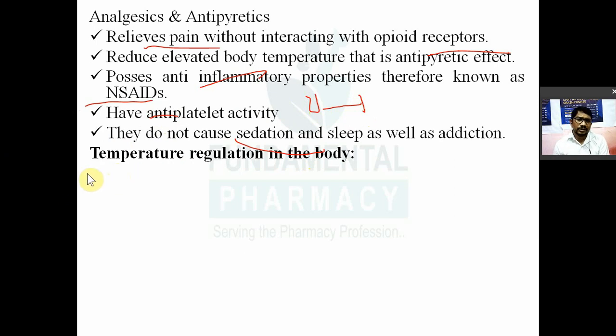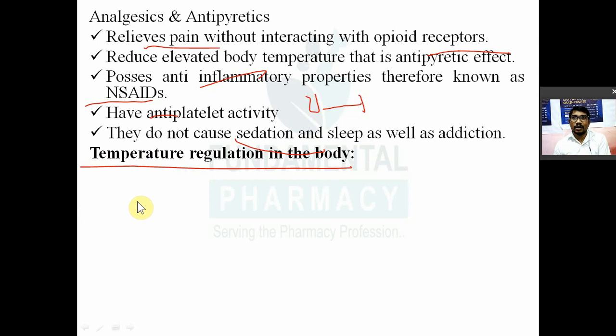Now, antipyretic drugs, they decrease the body temperature. So, to understand that, you should know how body temperature is regulated in the body. How is body temperature regulated in your body? If it decreases what will happen, and if it increases what will happen? So if you don't know the normal physiology, how there is a regulation of temperature in your body. Suppose your body temperature is less, then your body will try to cope up with that. Okay? Your body will try to increase your body temperature by causing two or three things.